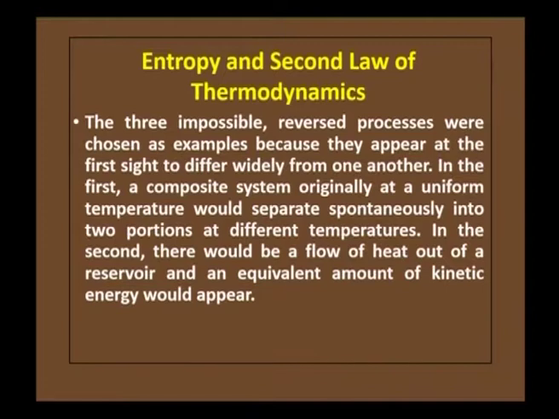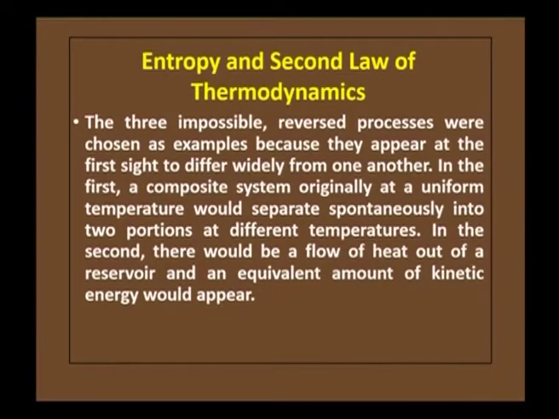Can we find some feature which all these dissimilar impossible processes have in common? Given two states of an isolated system, in both of which the energy is the same, can we find a criterion that determines which is a possible initial state and which is a possible final state of a process taking place in the system? What are the conditions under which no process at all can occur and in which the system is in equilibrium? This is one of the foremost important questions.